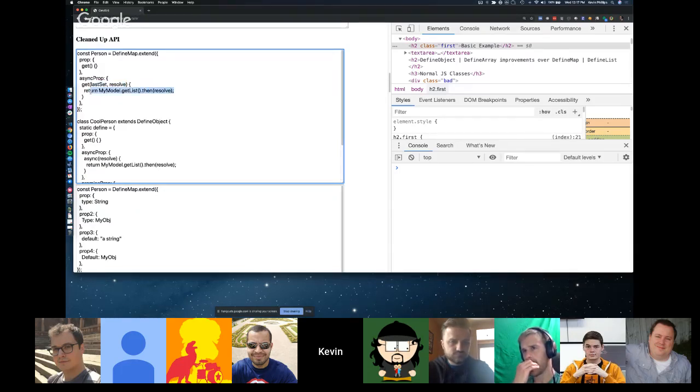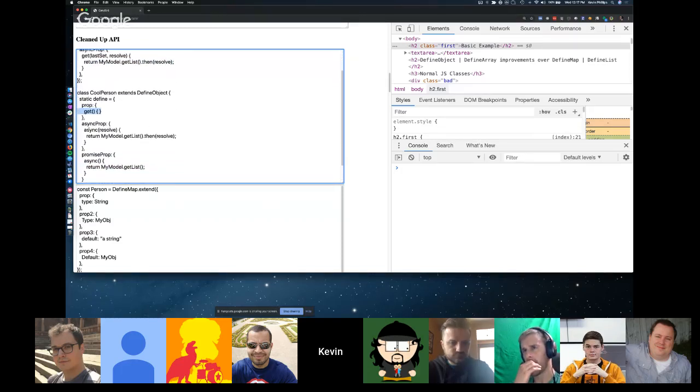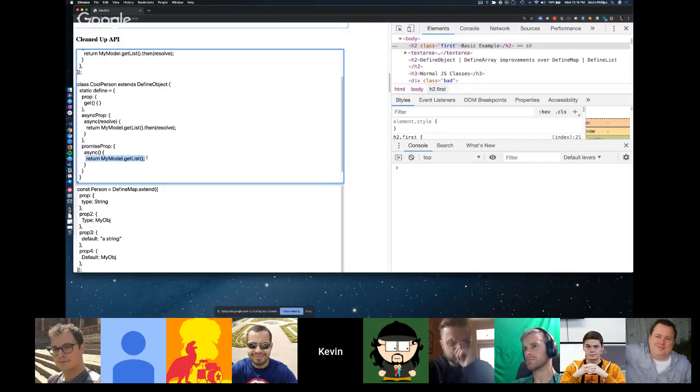So you could do something like this. With DefineObject, we've separated these. So we have normal getters, and then we have a separate property called async that you can use for these asynchronous getters. And you can do the same thing. You can use the resolve argument to resolve with your value, or if you return a promise from an async, then the value of promise prop here will actually be set to whatever the value of the promise is. Just like if you had done this. That's kind of hard to explain, but